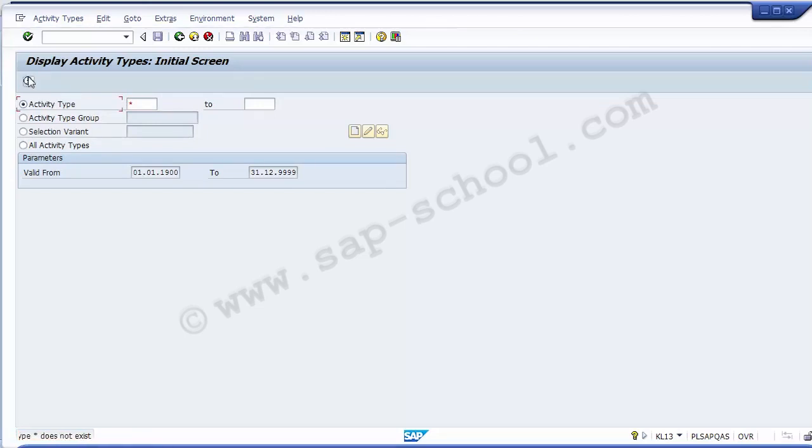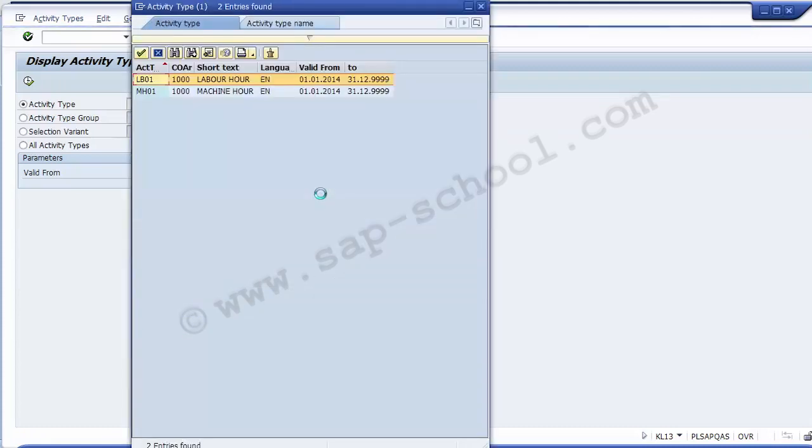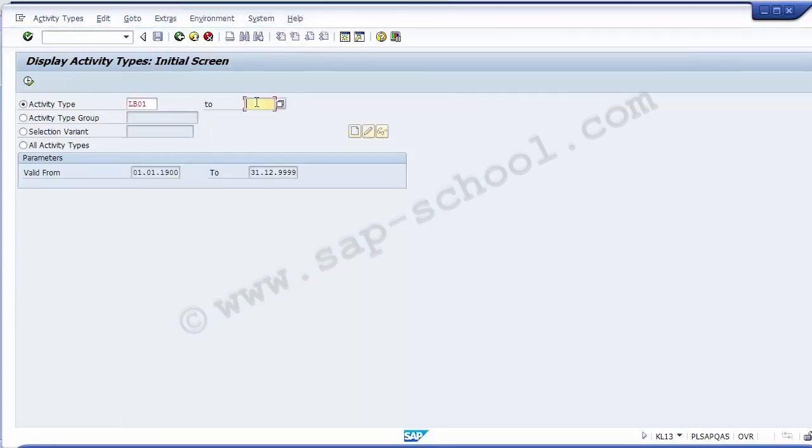Okay, it does not exist. That means we need to assign the activity types, or you can go for the F4 key on the account type, activity type, enter. So the system will show you all the different activity types being defined in the SAP system. So you can find there are two account types as of now. One is LB01 and another one is MH01, and you can assign these two over here, and then you can